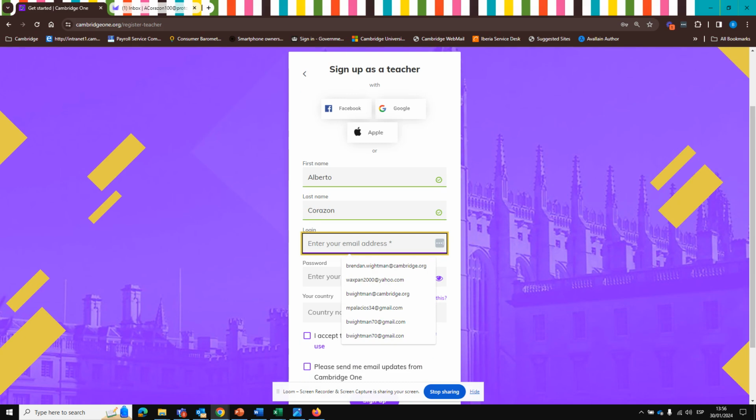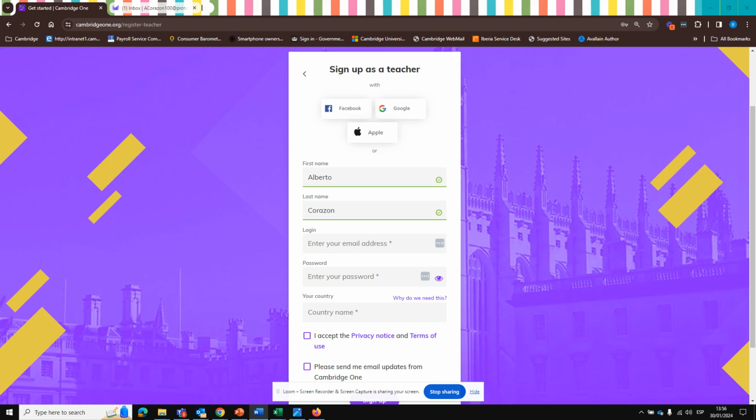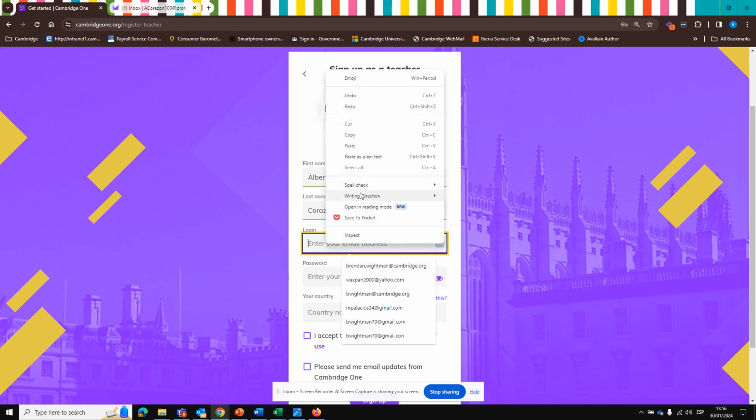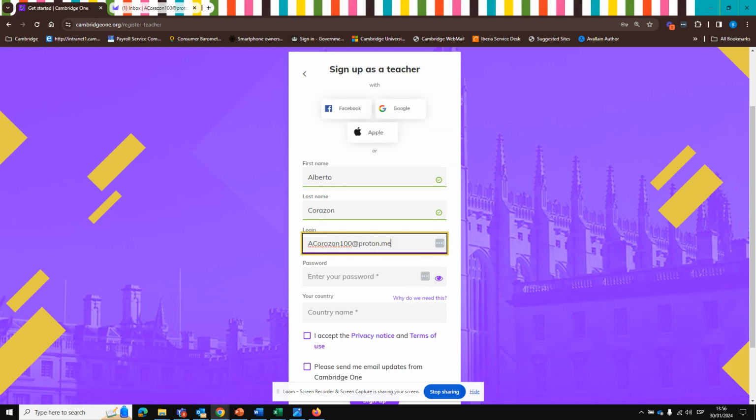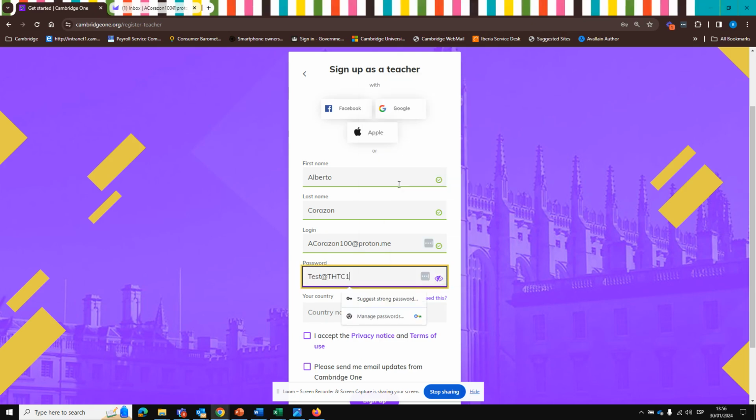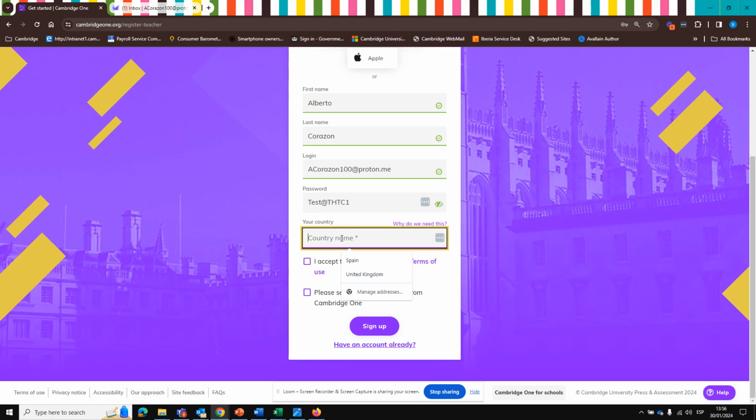And they ask you for an email address. Okay, so I'm going to copy my email address and paste it in. Okay, and they're also going to ask for a password. And this is a password that you create yourself. Okay, I've created one earlier. I'm going to put this here so we can see it. I've created my password. Country, I'm going to enter Spain, okay, and I accept the privacy notice and terms of